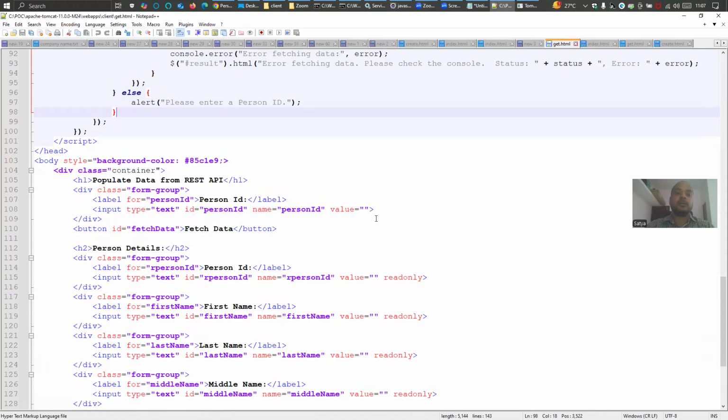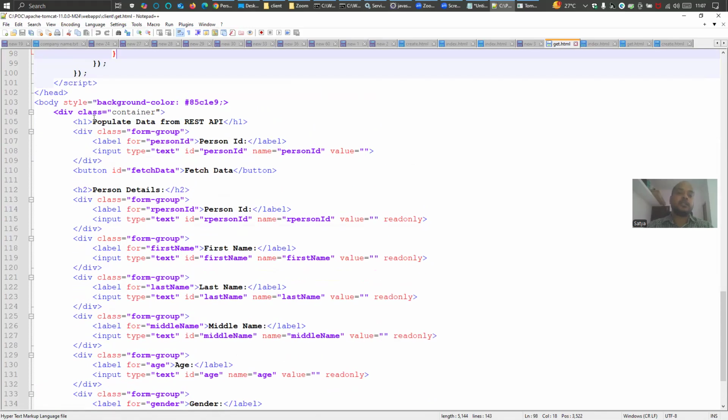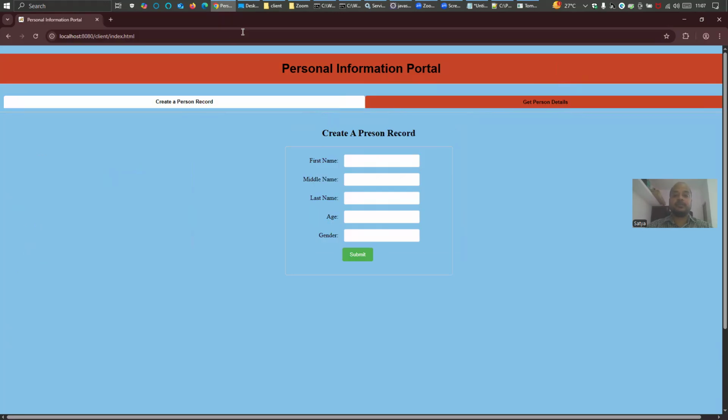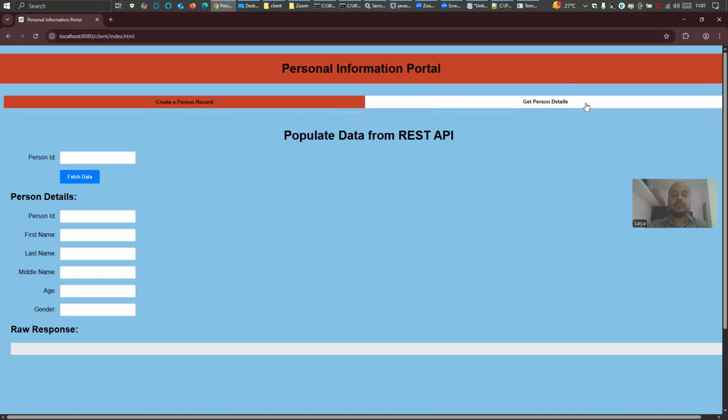You know what I will do, wherever the personal data, this is populate data here, header one, I will change it to personal information. Right, I will make it personal information, and then go back to the browser, hit refresh on the page, index.html, and then click on this. See, sometimes what happens, sometimes it won't display the data. It is because it is inside the page. That page, this page is not getting